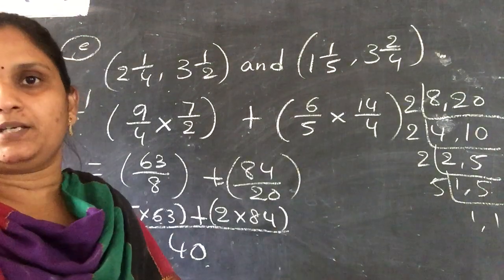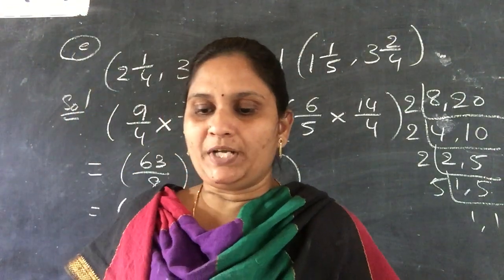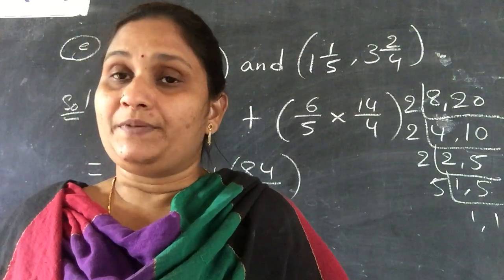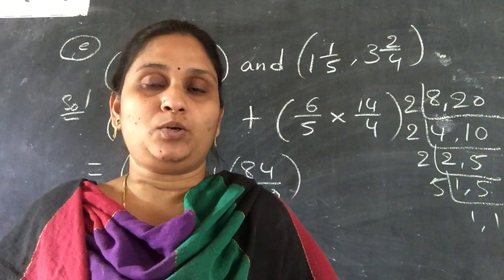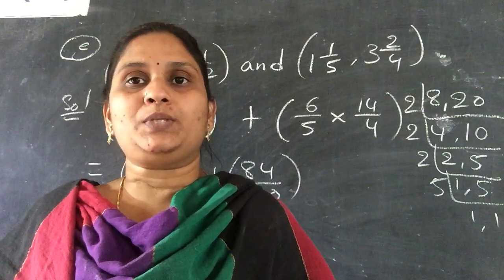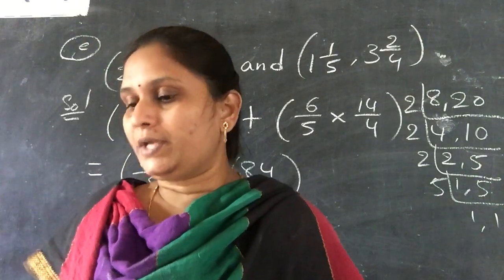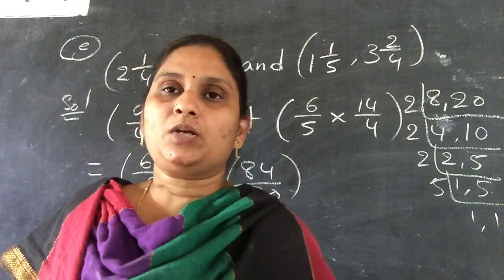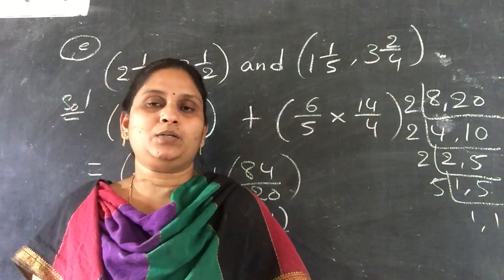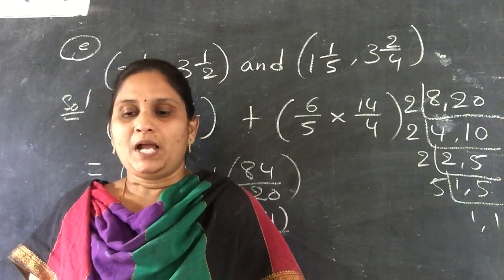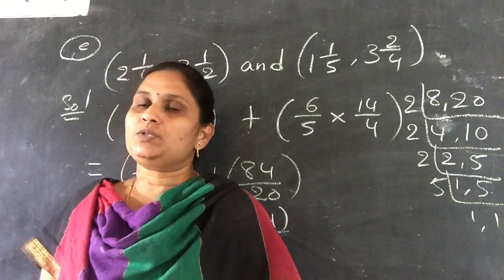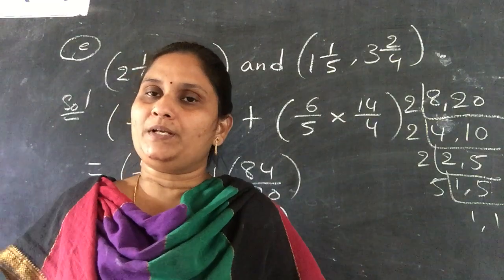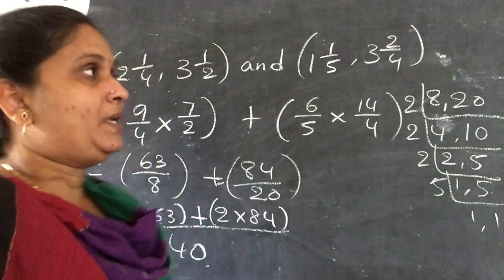Okay, next F. A man had 25 meters of a cloth. He sold 17 1/3 meter. How much is left with him? Left, just now I told, no, left means that you have to do the subtraction. Okay, so the statement what you have to write? The length of the cloth is equal to 25 meters and the length of the cloth sold is equal to 17 1/3. 17 1/3 change into the improper fraction.